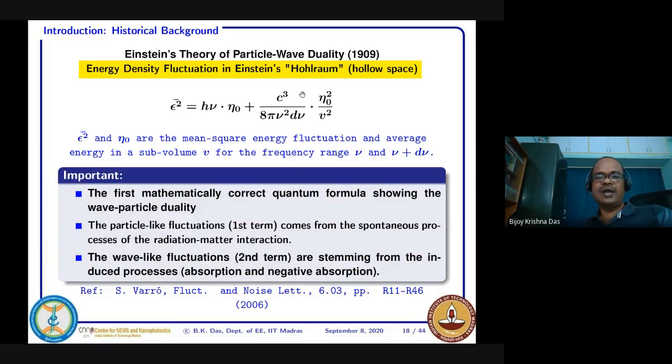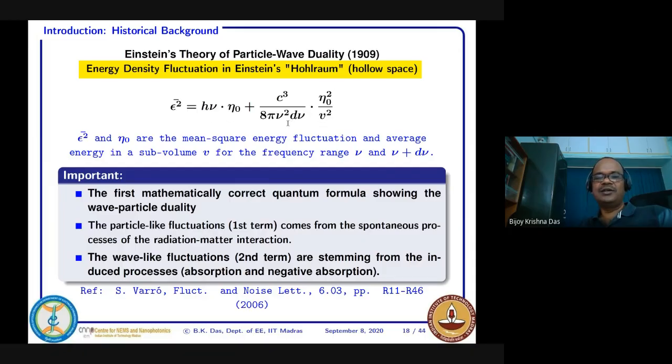So if you try to see what the symbols are, eta naught is nothing but the average energy in the subvolume V. So you are considering a very small subvolume inside the cavity, and you try to find out the total energy fluctuation over time. If you square that average fluctuation energy, then you have one term, h nu times eta naught, the average energy times h nu, and eta naught square here,